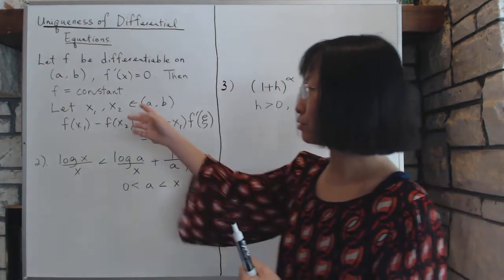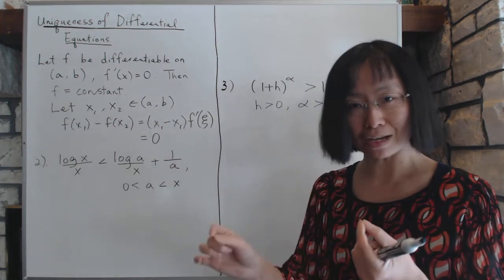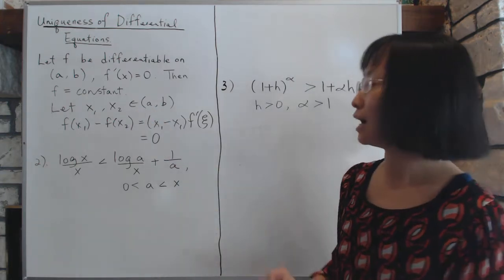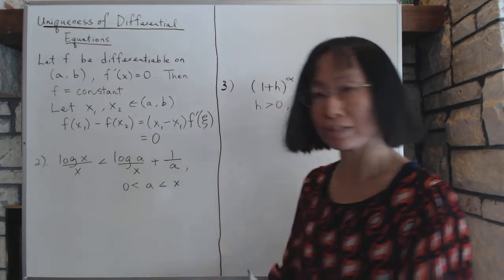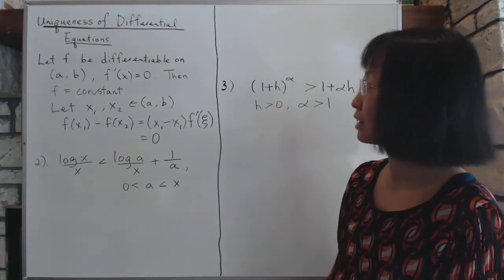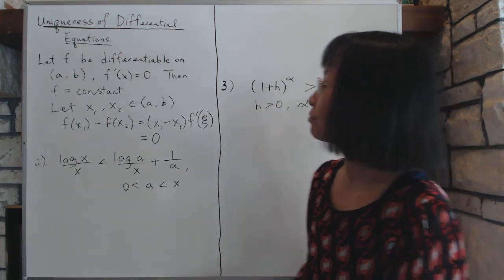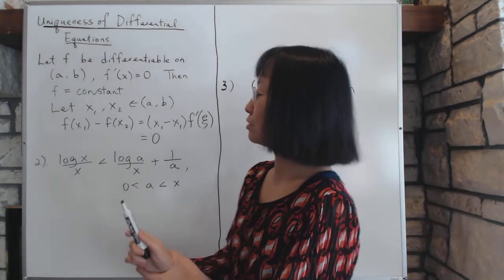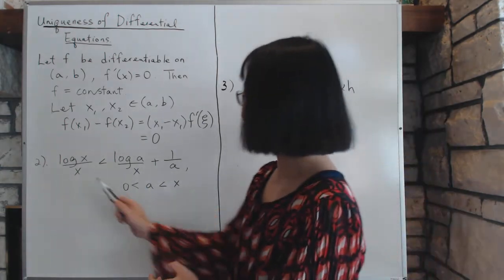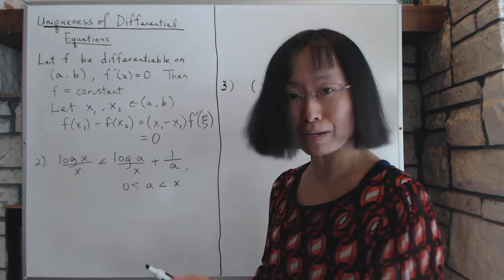So that gives you that the function values at the two points are the same. But those 2 points are random, which means the function value at any 2 given points are the same. And therefore, it proves the uniqueness of differential equations. And that's going to come in handy later. Now, the next problem we are going to solve is kind of an artificially made up thing